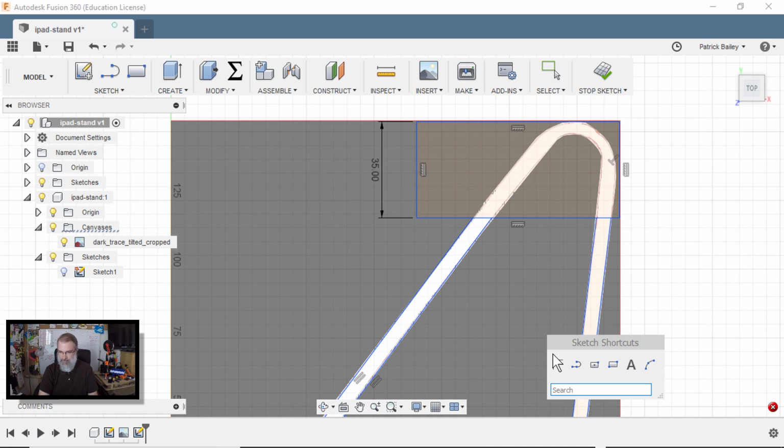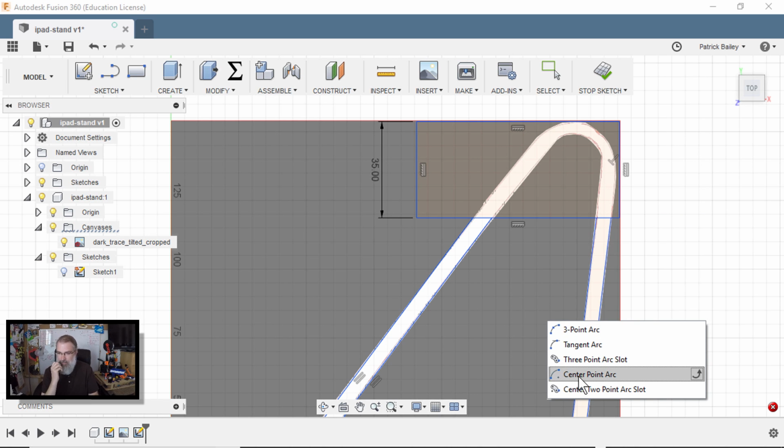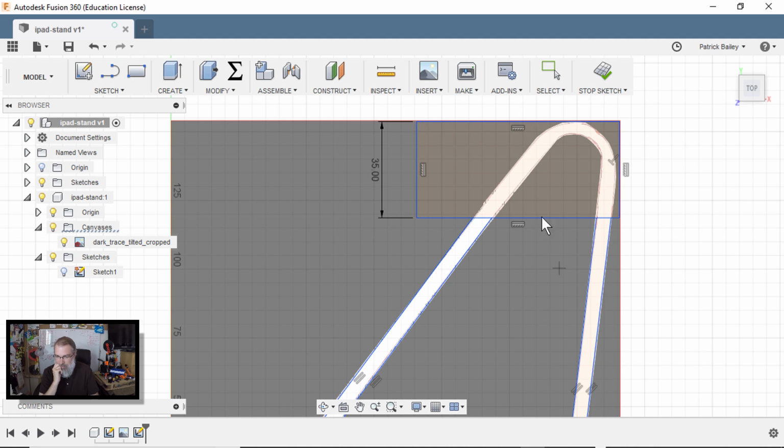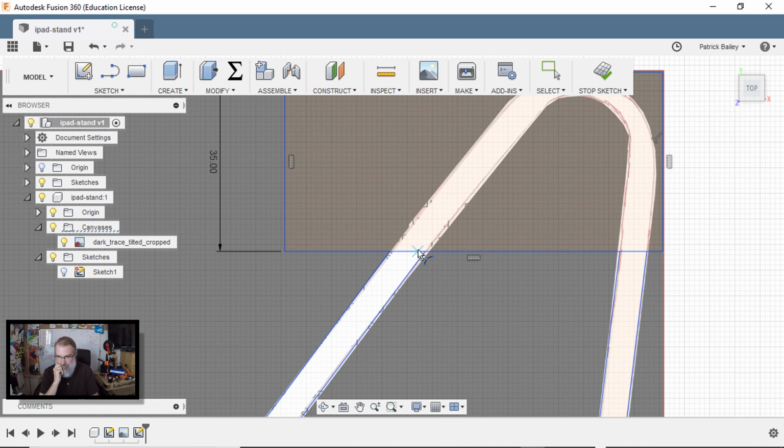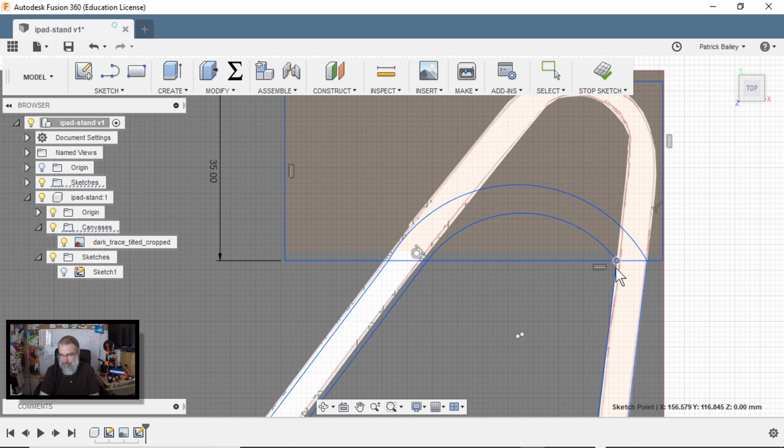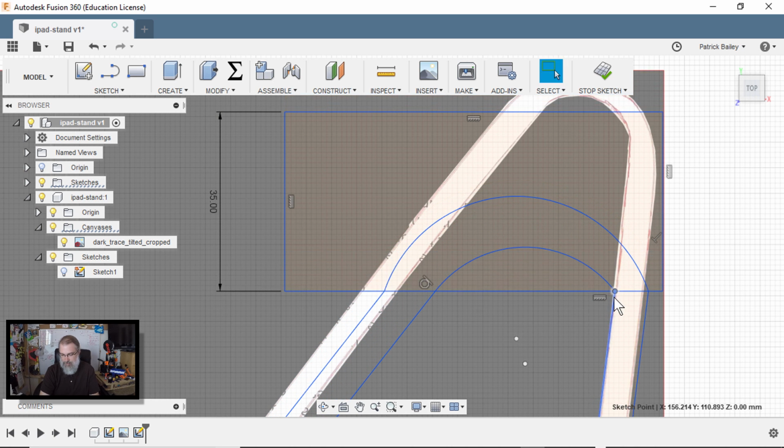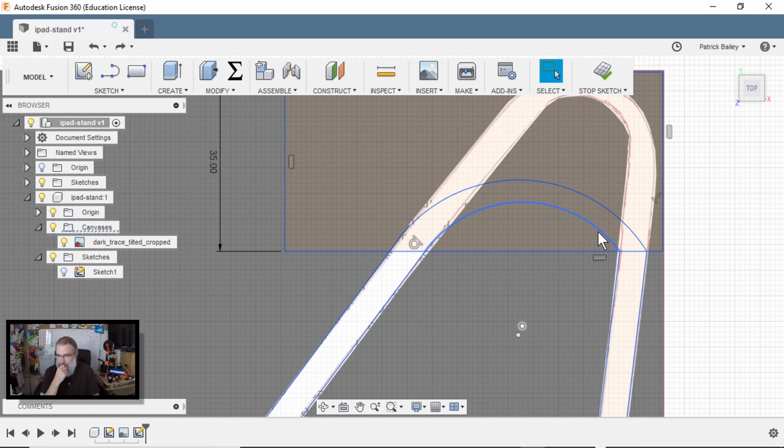So let me do S and arc, and there's a 3-point arc. So I will choose that point, and start to make this arc. That point. It's a little goofy arc, isn't it? I have to lower those down, wouldn't I? Okay. Oh, they're all constrained there. Okay, let me